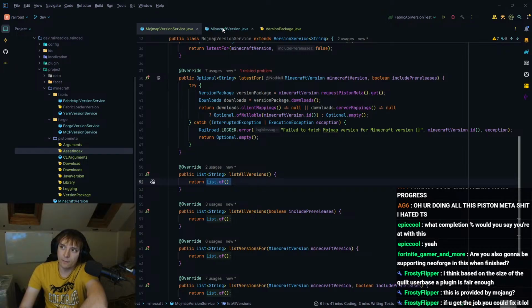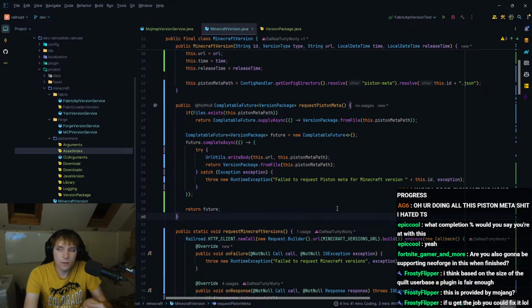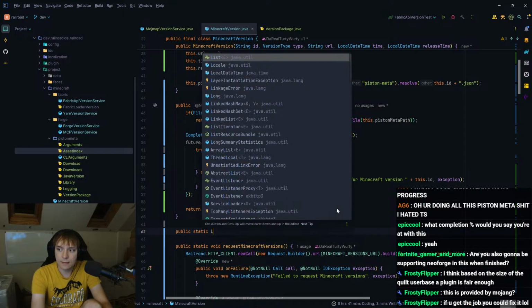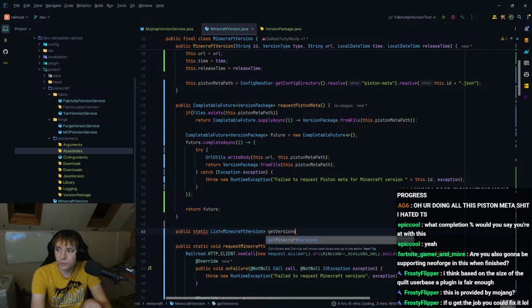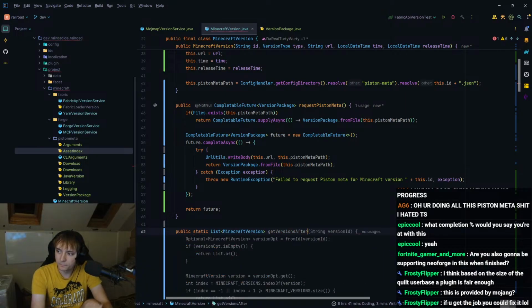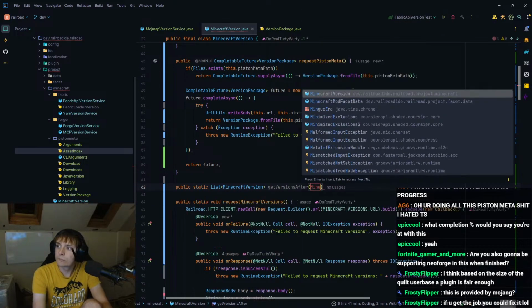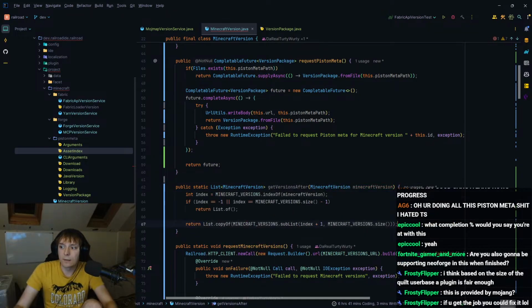Well, no, I can. What I could do is have a method in here, something like public static list of Minecraft version, get versions after Minecraft version, and then get the index, and then just do a sublist basically.